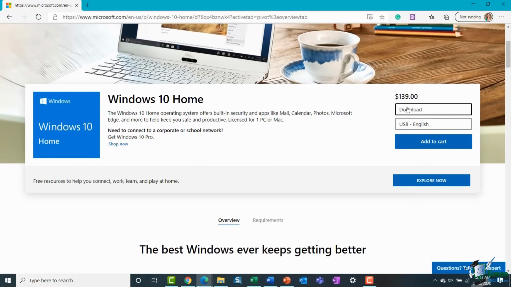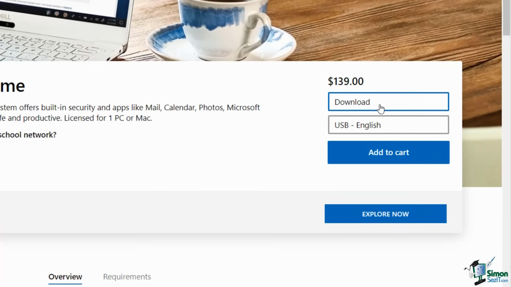And you can see that you have two ways of obtaining your copy of Windows 10. You can choose to download it, and I would say these days that is the most popular, it's instant. Or you can choose to get it on a USB or flash drive. Now, as I said, most people do get it via the download, but it's worth bearing in mind that you're going to need at least 3 gig of spare space on your PC